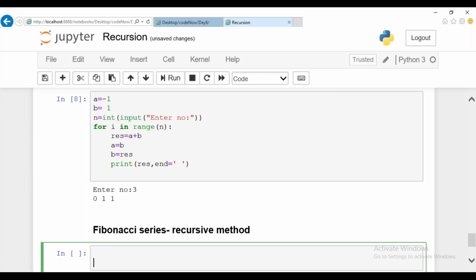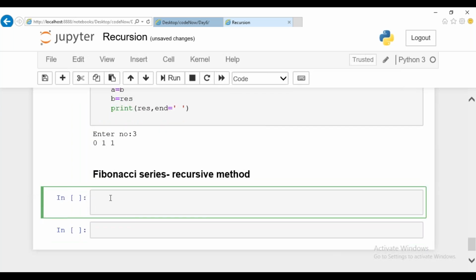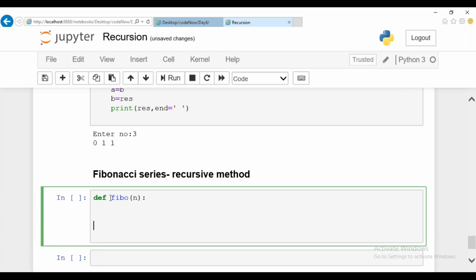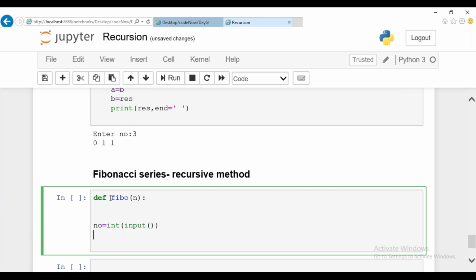I can write a function. Let our function be Fibo, whatever function name we want, I can declare it. I'm going to ask it to accept the n value. So we're going to accept an int value as input.